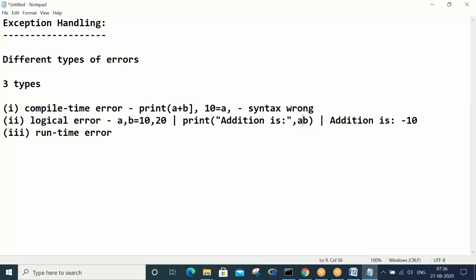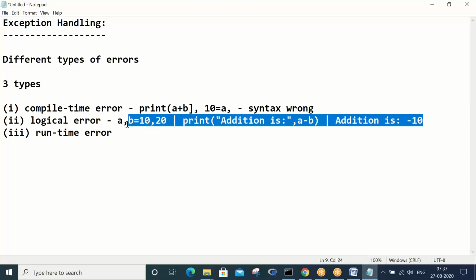These are called logical errors, errors in the logic. Whenever you give logical errors, the compiler will execute smoothly, but the expected results will not come. If you submit this program to the end user, it will become a mess. Am I right or wrong? The entire operation is working in the opposite direction. So you have to ensure that while coding, logics must be correct. These sorts of errors are called logical errors.